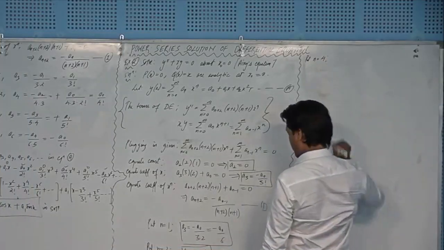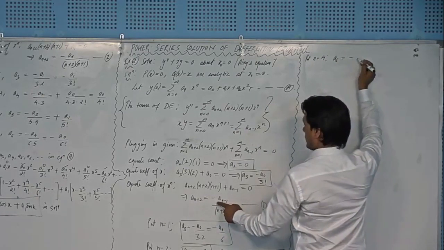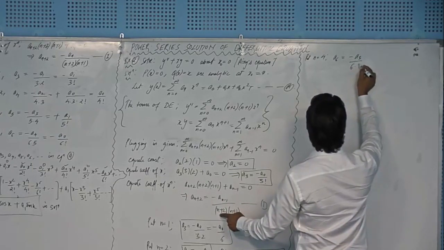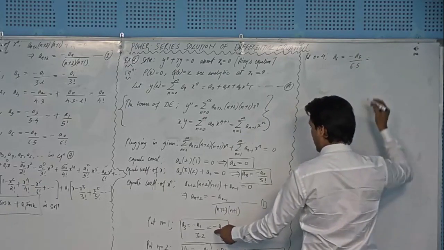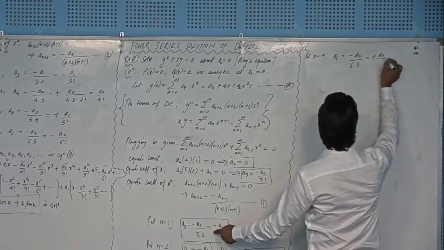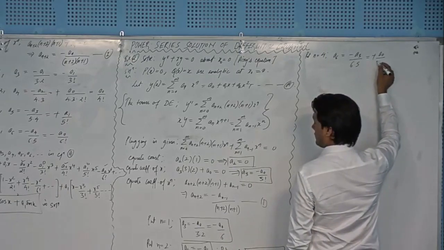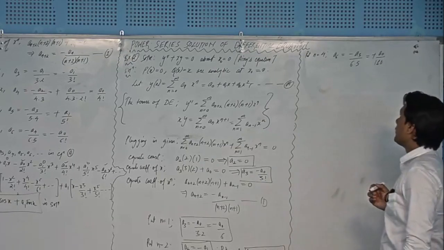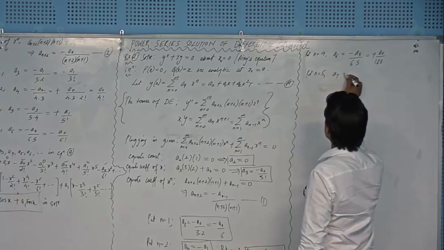Put n equal to 4 here, that will produce a6 equal to minus a3 over 4 plus 2, 6 into 5. And the value of a3 is, where is a3? This is a3, that will become plus, right? So plus a naught over 6 is already there, so 6 into 6 for 30 into 6, 180, right? Okay, and putting n equal to 5 will give you a7 equal to